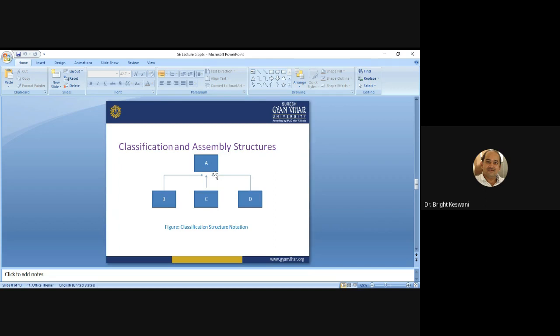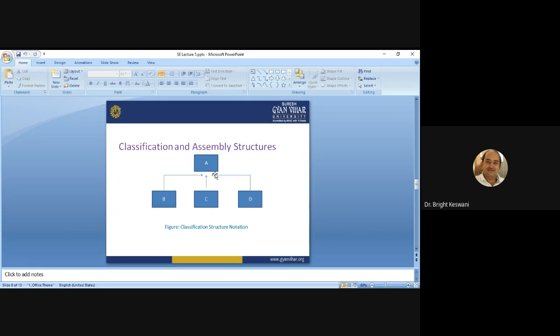You can say it is a hierarchical structure, but the decomposition is upward. In the generalization, class A is further redefined into a set of specializations that are B, C, and D. So you can say that A is science, B is physics, C is chemistry, and D is biology.